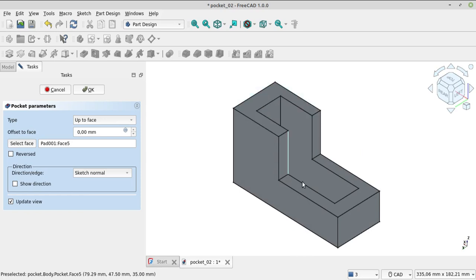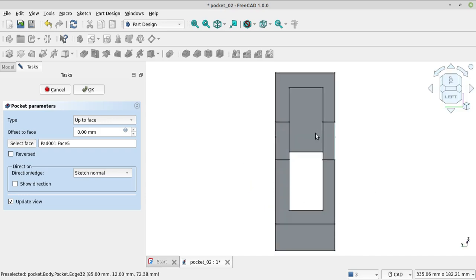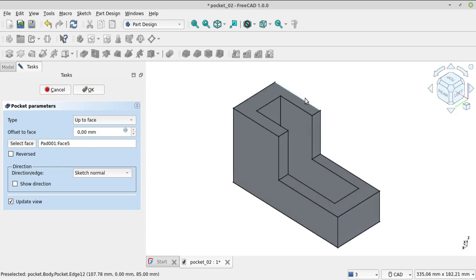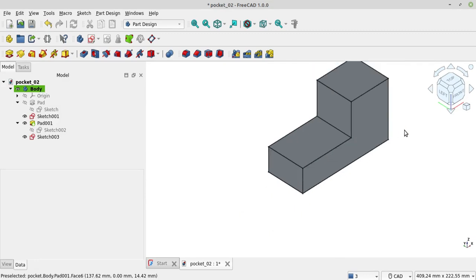The final result is as if we choose this sketch or surface.